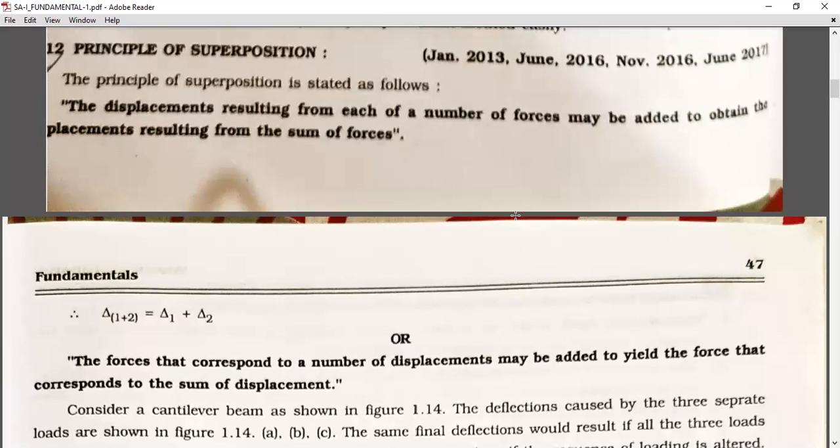The principle of superposition is stated as follows: the displacements resulting from each of a number of forces may be added to obtain the displacement resulting from the sum of forces. Again, the displacements resulting from each of a number of forces may be added to obtain the displacement resulting from the sum of forces. In short,